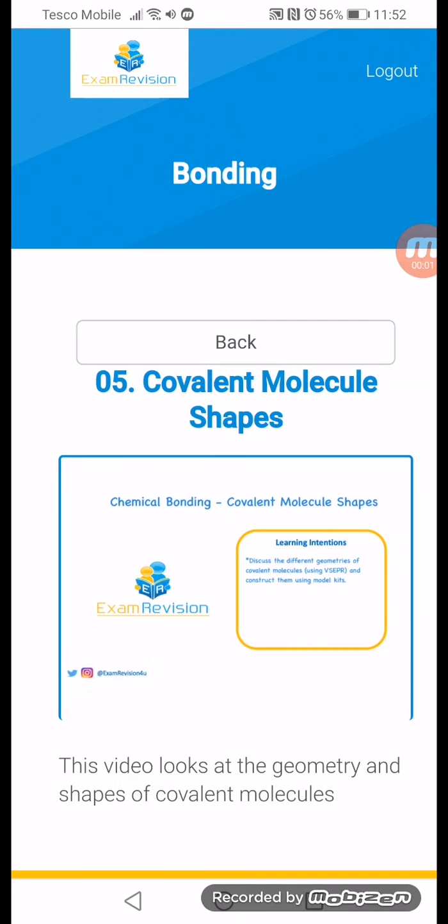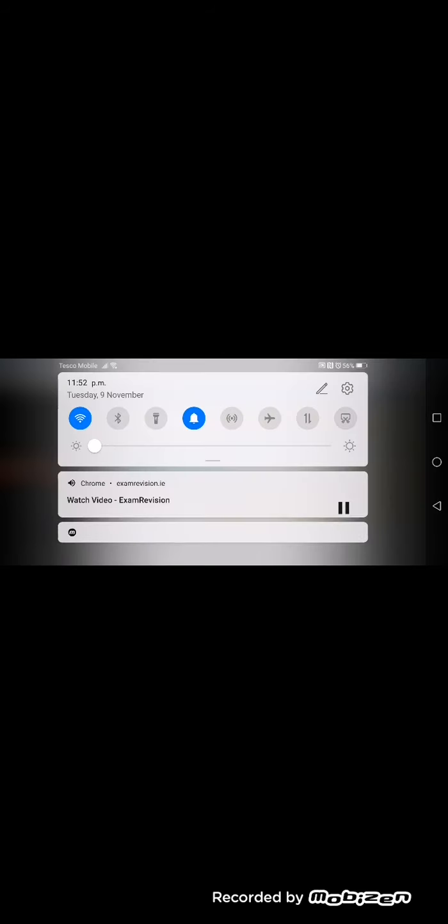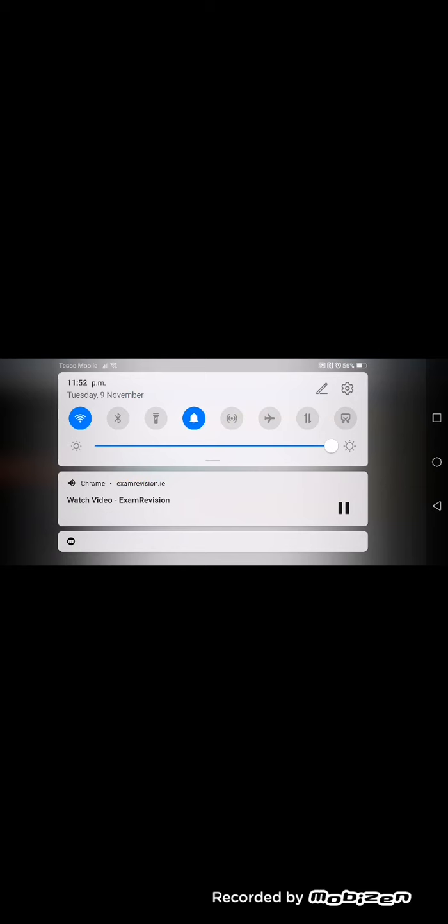So in this video we're looking at chemical bonding, but we're specifically going to look at covalent molecule shapes. So our learning intention is to discuss the different geometries of covalent molecules using VSEPR and construct them using model kits. So, to begin, covalent molecules consist of separate molecules whose geometry can be determined using a theory called valence